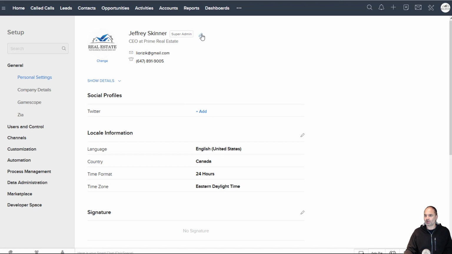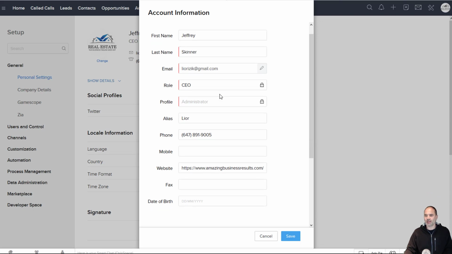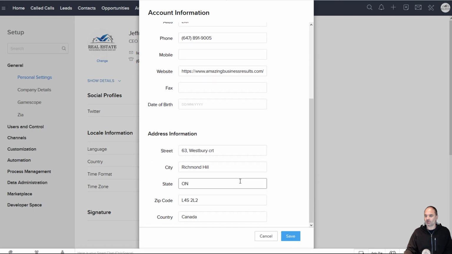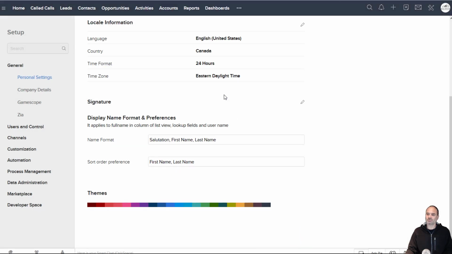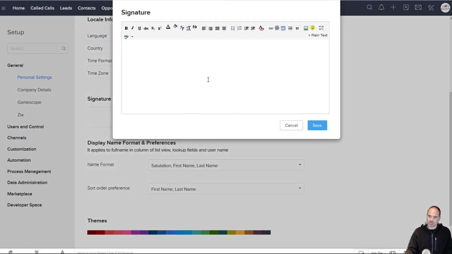Now, here you can change also the information for your email address, your name, how it looks like, and so on. And then you click on save whenever you're done. And eventually you have the signature. So let's say that you like to have a signature that's saying thanks or regards,